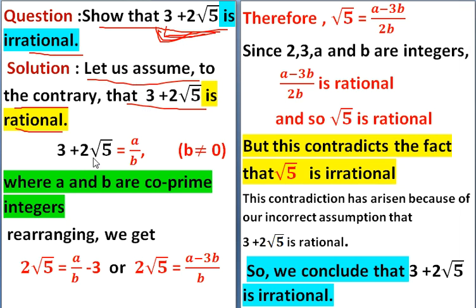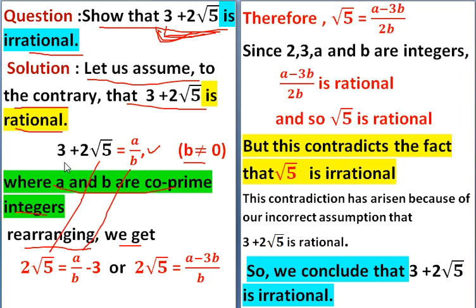If 3 plus 2 root 5 is rational, then 3 plus 2 root 5 becomes equal to a by b, and this a by b is the form of a rational number, because any value that is rational can be written in the form p by q, where q is not equal to 0, and a and b are co-prime integers. Rearranging this, we get 2 root 5 equal to a by b,